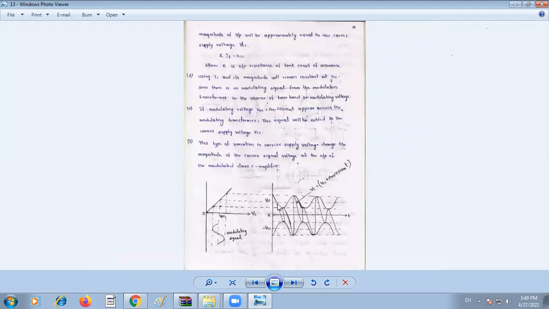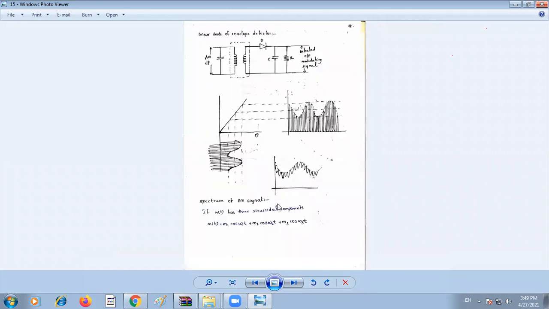Okay students, in the next class you can go for the operation of the collector modulated method. It is nothing but a switched circuit. The remaining two topics are there in the first unit. After tomorrow's class, you can complete the first unit. Okay, thank you everyone. I can share my notes with you. Thank you one and all.